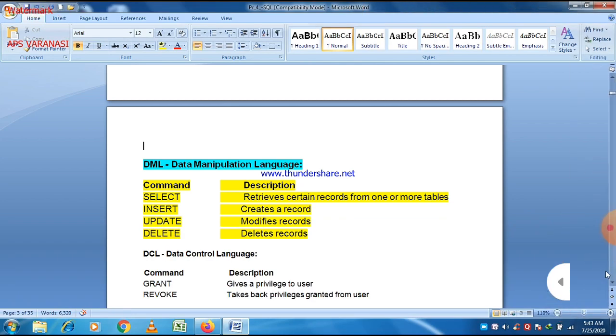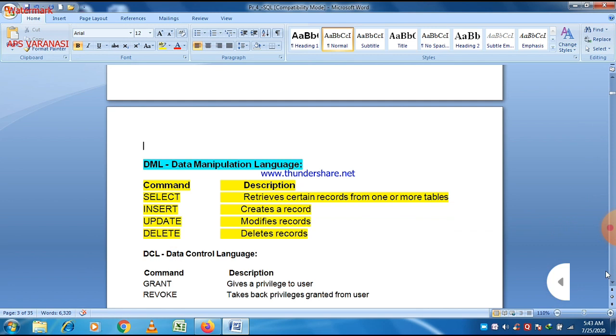Almost all the commands are part of DML, data manipulation language. Few commands are only part of DDL and DCL. There are four important commands which are part of DML: insert, select, update, and delete, and these are frequently used in SQL.